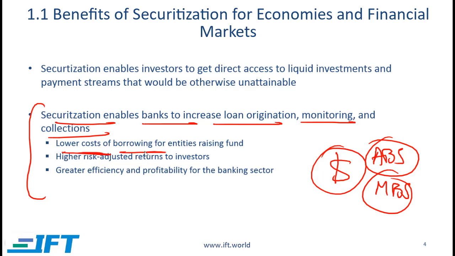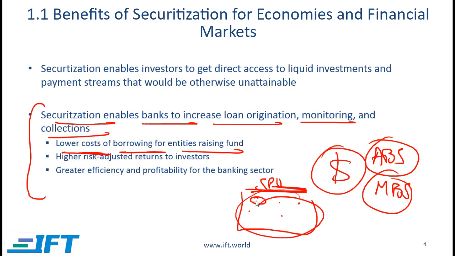There is a lower cost of borrowing for entities raising funds, since a lot more money is involved, and investors now are happy that with the SPV, the specific mortgage loans serve as collateral, plus the mortgage loans are also pooled together, which creates a diversification benefit. For these reasons, the cost of borrowing for the entities which are raising funds goes down. In this case, the entities raising funds are ultimately the homeowners. So the cost of borrowing for homeowners goes down, which is a good thing.